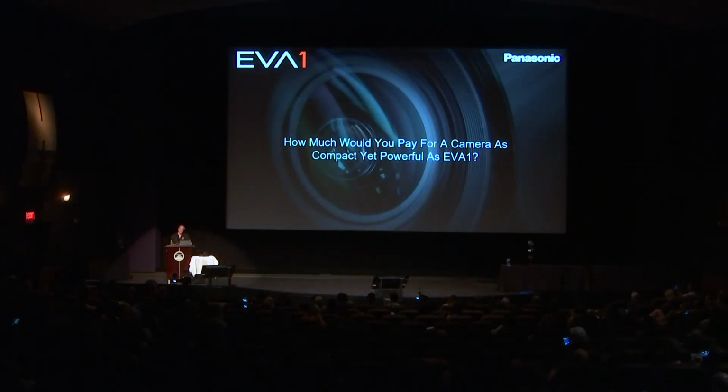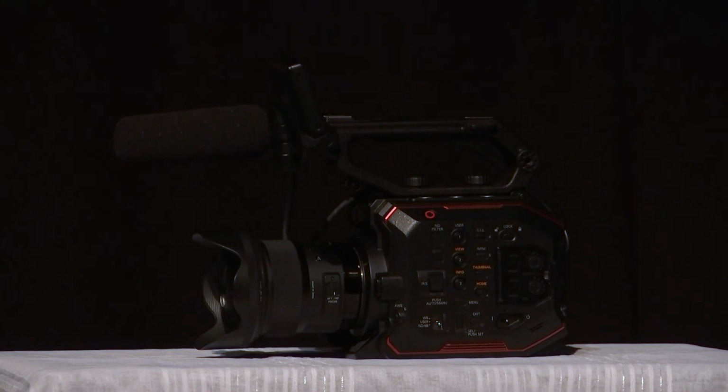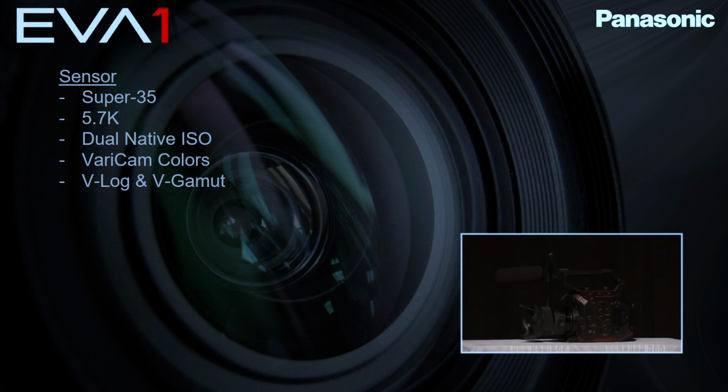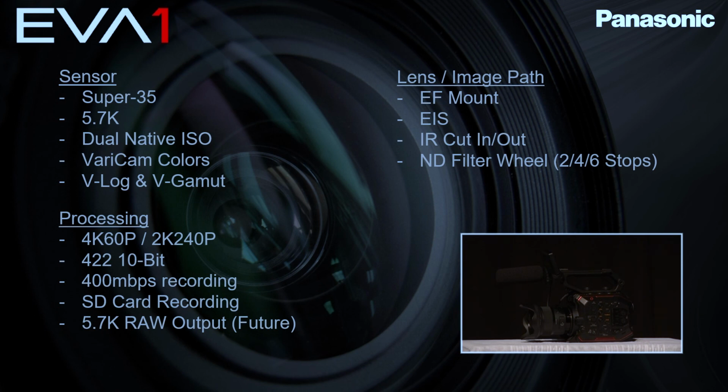So how much would you pay for a camera as compact and yet powerful as the EVA1? Well, let's look at those specs again. The sensor is Super 35, 5.7K resolution, dual native ISO, Vericam colors, beautiful colors, V-Log and V-Gamut, EF lens mount, electronic image stabilization, an IR cut filter that can swing in and out, built-in ND filter wheel with 2, 4, and 6 stops. Processing: 4K up to 60p, 2K up to 240 frames a second, 4:2:2 10-bit available, 400 megabits per second recording available, recording onto inexpensive SD cards, 5.7K RAW output coming in the future,